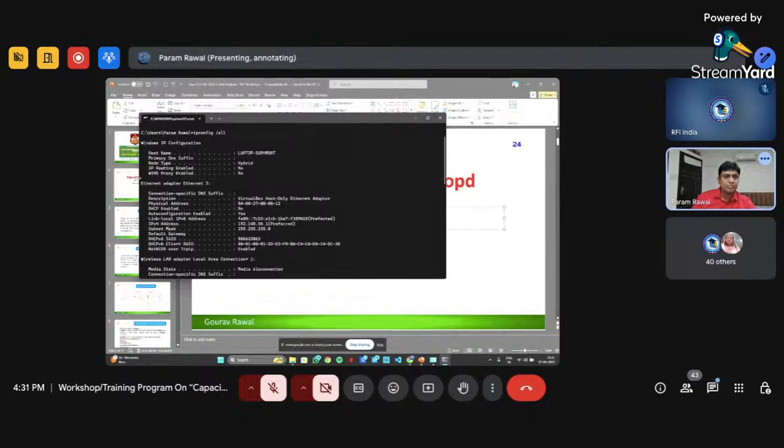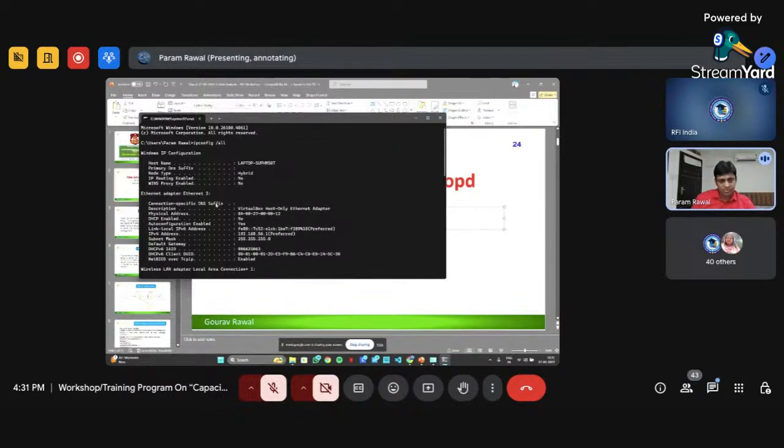One is the Ethernet adapter, that is your local area network card. But my machine is not connected through the local area network card, it is with the Wi-Fi router. But there is one connection available on my motherboard, so I can have an internet connection through one local area card. So this is one interface, one NIC, and that NIC also has one physical address here.